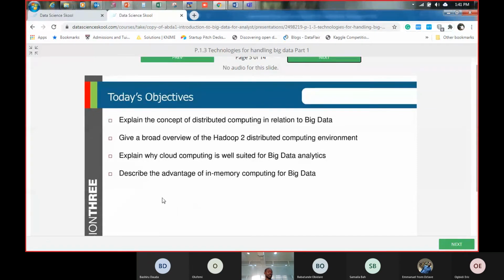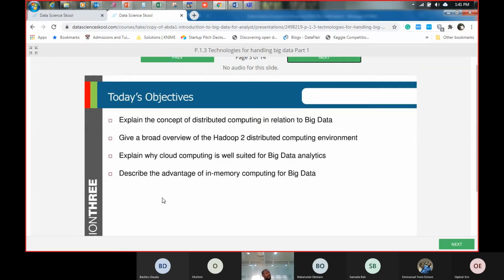And then we also talk about cloud computing. A lot of us are very conversant with doing stuff on our computer, but a lot of technology is moving into the cloud. Before, if you wanted to set up a data warehouse, you needed to go and buy a computer. We have a big computer in that room there that we bought for training, but we just realized that it's no longer necessary. In the cloud, you can do everything that you want to do. So why is cloud computing best suited for big data analytics? We are going to be talking about it.